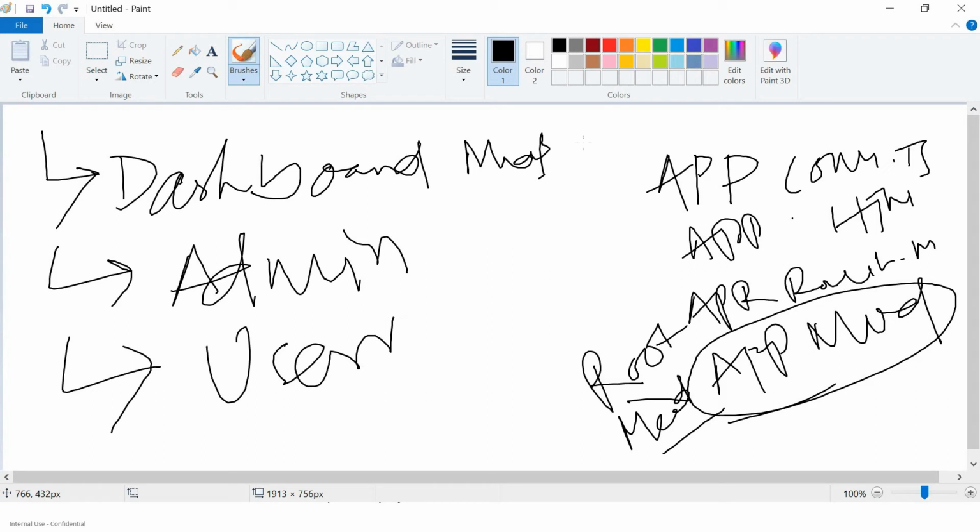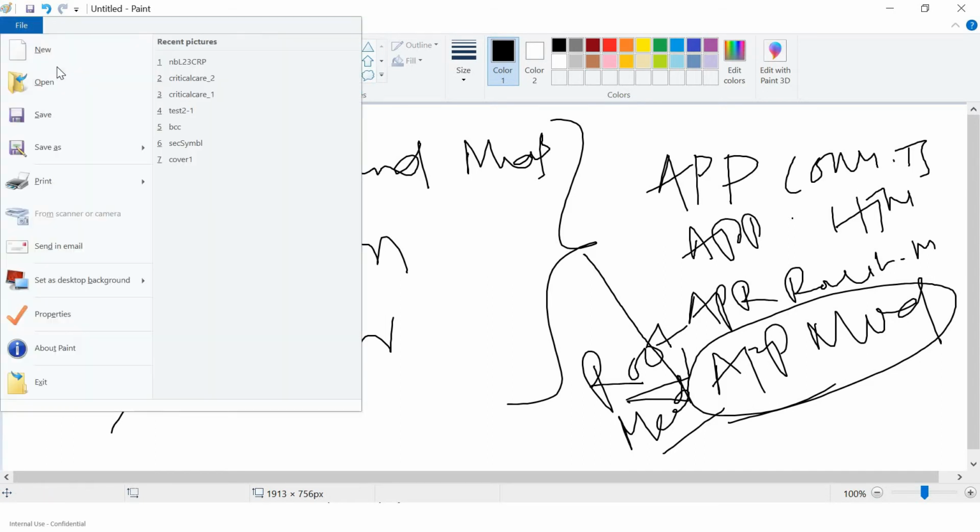Let's say we have these three modules, and these three modules would be connected to this root module. To utilize this space, I'll use short names: DM for the dashboard module, AM for the admin module, and UM for the user module.